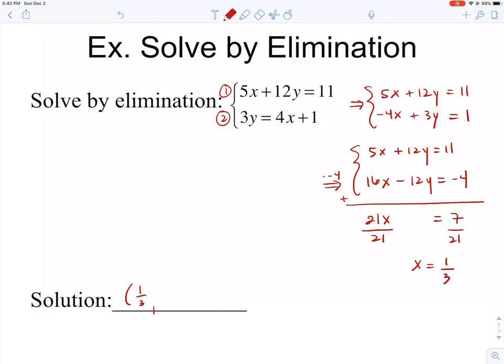Okay. So now I'm going to substitute 1/3. I think I might substitute it into the second equation. It won't matter if you wanted to substitute into the first, but I know I'm solving for y, so since y is already almost by itself,